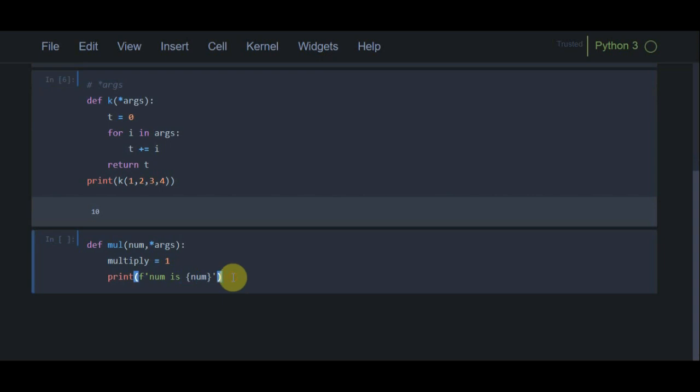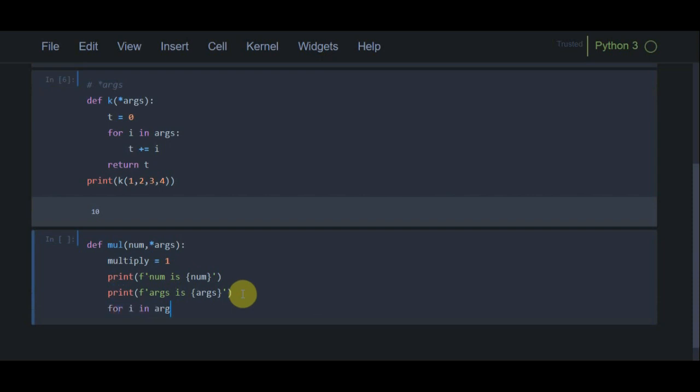Now I want to print the value which will be held by star args, so args is args. Now I am using a for loop, for i in args.